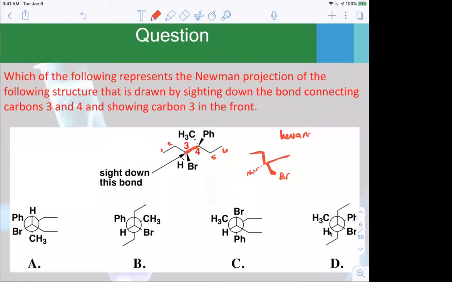Then in my sawhorse, I have that ethyl group coming down. I have that phenyl coming out towards me. And then I have the CH3 going backwards. So now here is where I'm looking. And this would be my 1, 2, 3, 4, 5, 6, that hexane carbon chain. So what I notice is that when I draw this on my front carbon,